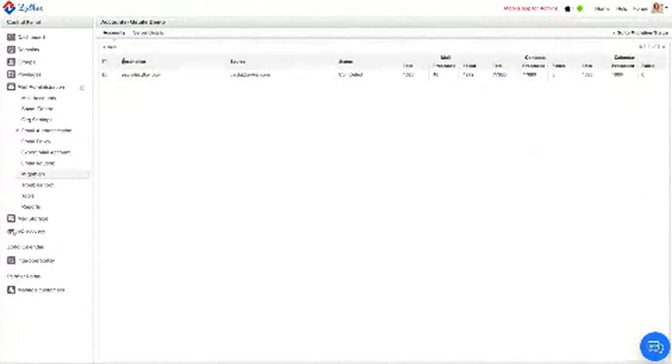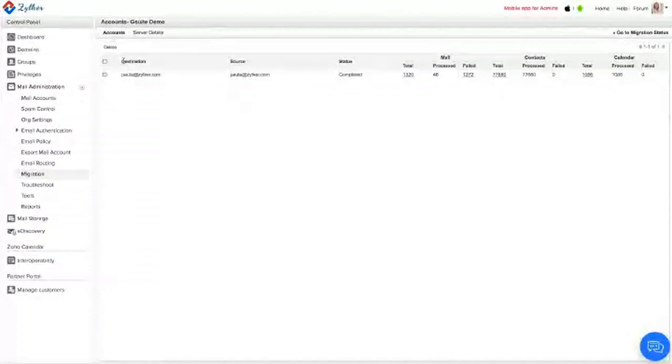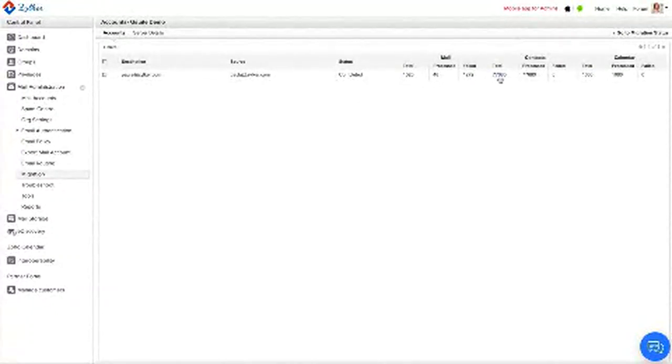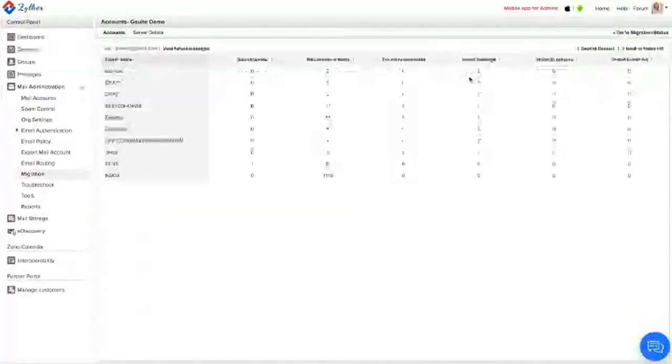If the migration has been completed, you can click on the migration name, and you'll see that there are multiple reports available here. You'll see that there are reports separately for email, contacts, and calendar. You'll see the total count along with the failed count. In case there are any emails that have failed, you can click on the failed count, and you can take a look at the reason why these emails have failed migration. Contacts, calendar, and for mail. Click on failed and you'll see the reason why some of these emails have failed to migrate. So that is how you go about migrating your data from G Suite.